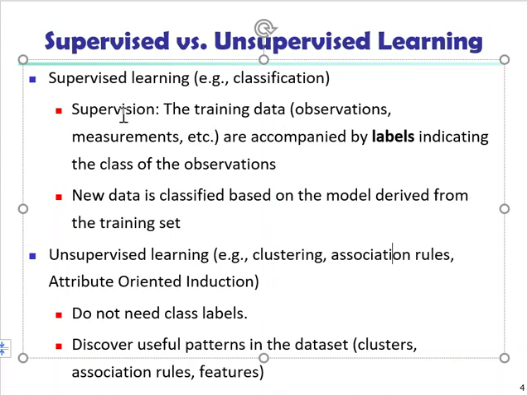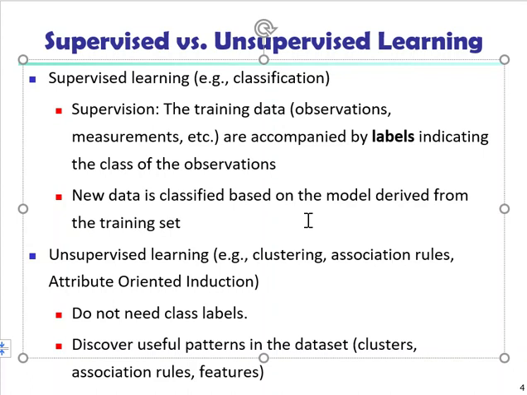And here, supervised learning will give us more information than just what the data presents. Comparing classification methods to clustering methods, the supervised method not only groups things together, it also applies labels to the observations. So new data is classified, or a label is attached to the new observation, based on the model derived from the training set. Okay.